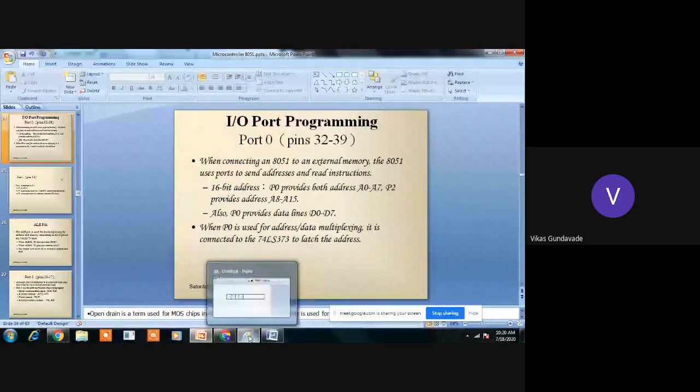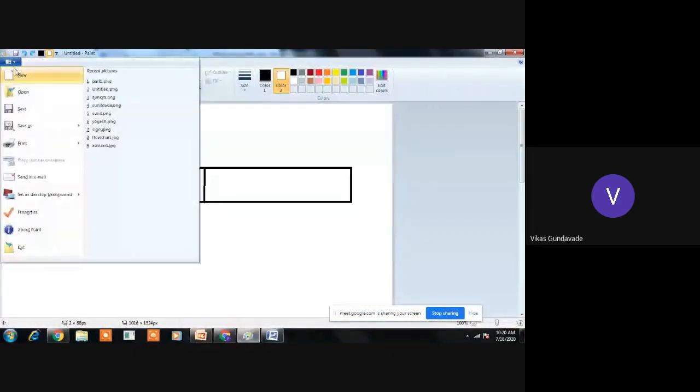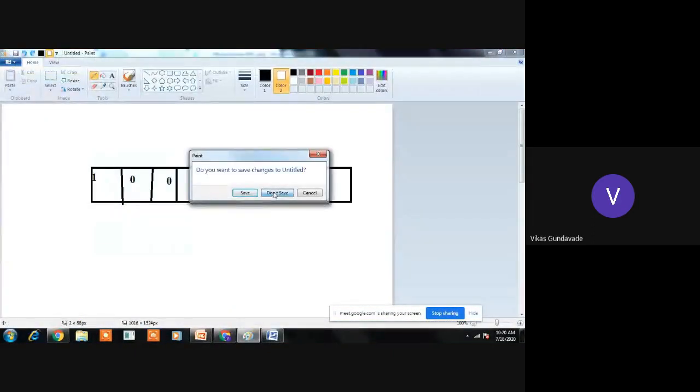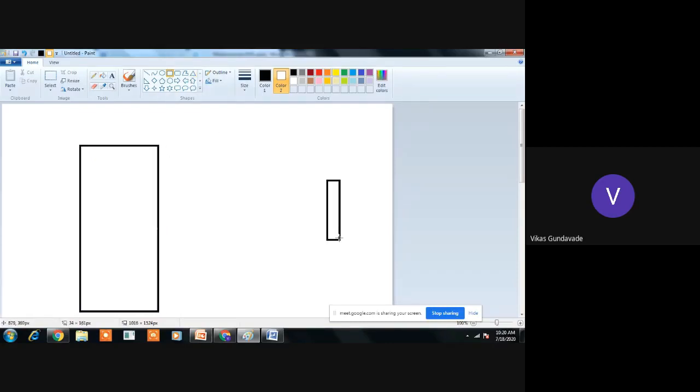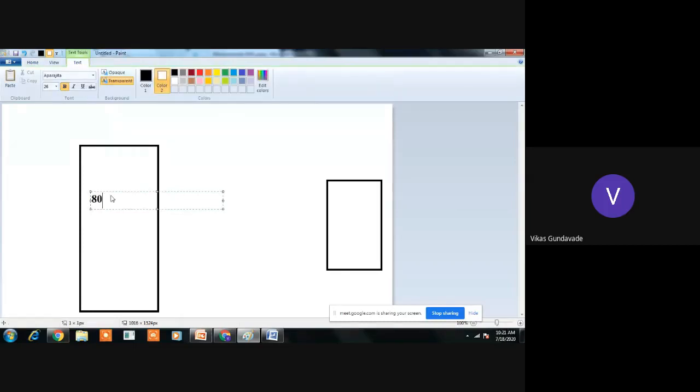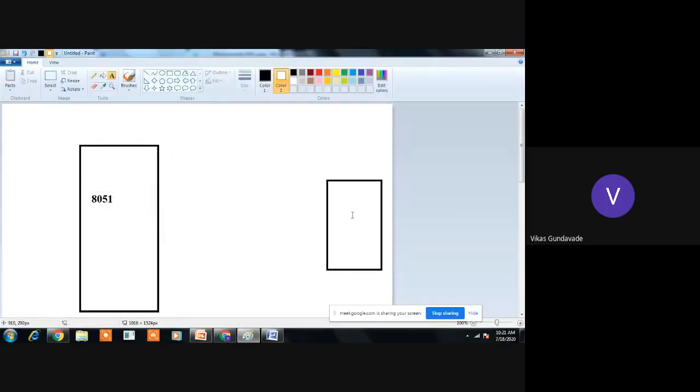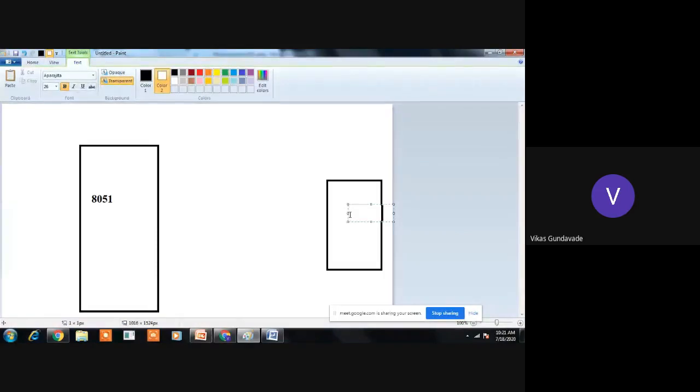So let's say we have the microcontroller 8051. This microcontroller is interfaced with one memory.